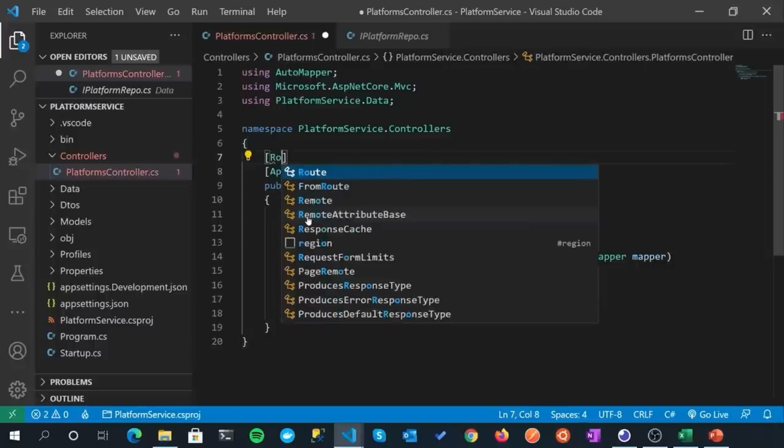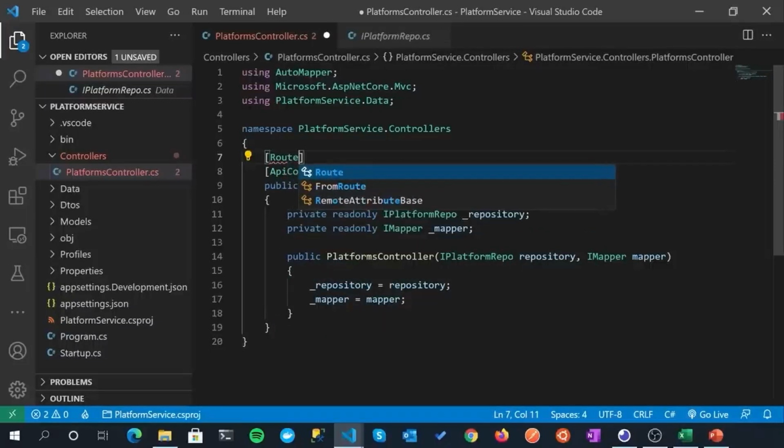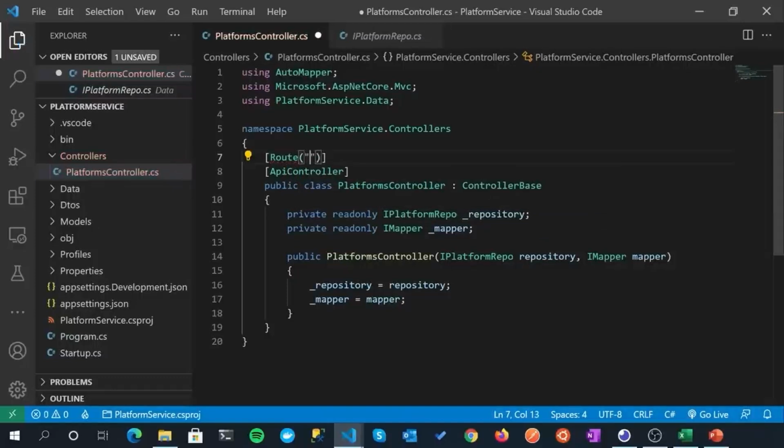And then we also want to define our route. This is basically where we can find this API and subsequent actions. So square brackets, Route, open round brackets, and we're going to specify api/ and then you can either specify explicitly the name of your controller, for example platforms, or you can use a wildcard approach where you put in square brackets controller, and that will take this portion of the controller's name, everything aside from the word Controller, and put it in here, so you get the same result.